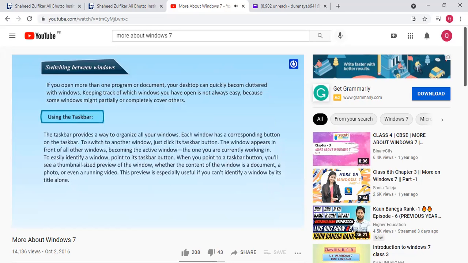The taskbar provides a way to organize all your windows. Each window has a corresponding button on the taskbar. To switch to another window, just click its taskbar button. The window appears in front of all other windows, including the active window, the one you are currently working in. To easily identify a window, point to its taskbar button.